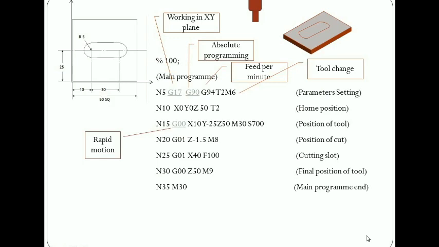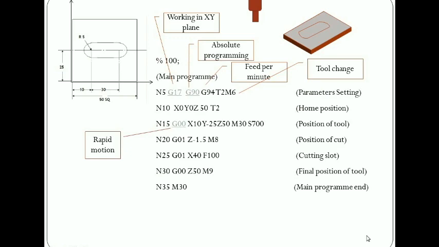Now the spindle is rotating and it has created a small hole in the workpiece. Remember, here I am assuming the radius given here, R5, is exactly the same as the radius on the cutting tool itself. So I am not using any particular circular interpolation. Now the tool has moved down 1.5 below the workpiece surface, that is the depth of the cut.